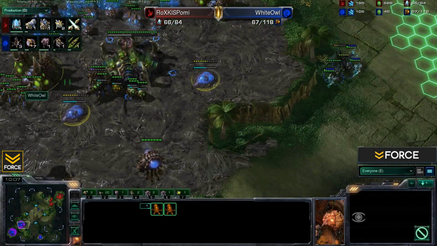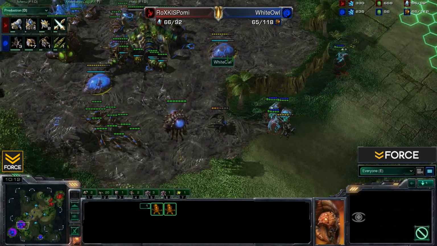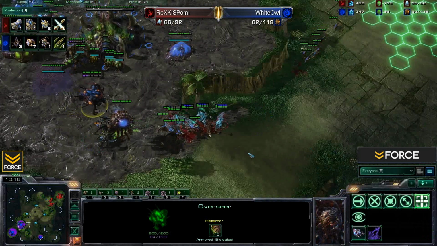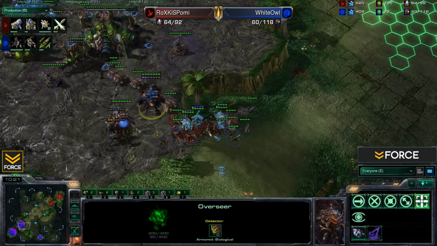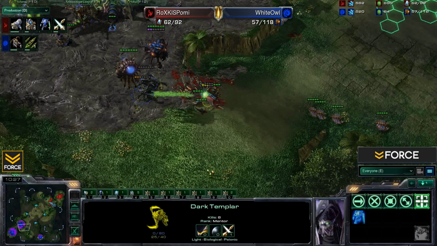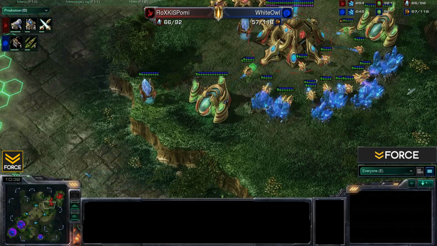So it doesn't look like this DT harass will end up doing too much, although Dark Templar about to sneak on in. The Spore Crawlers are not quite finished, but uh-oh, there's an Overseer, so no problem. Speedling's going to get us around. Look how fast those Dark Templar actually shred through those, though. Dark Templar are doing a lot of damage. They will be taken out, though, so unfortunately for Pomi, not able to do quite as much damage as he